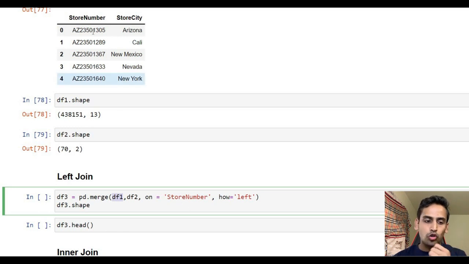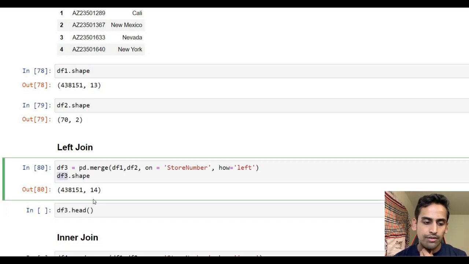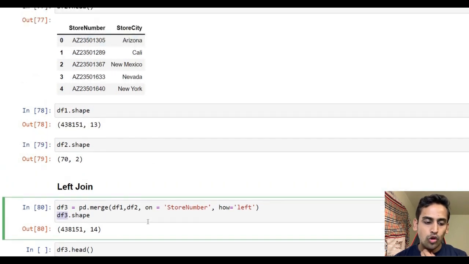Wherever the store number gets matched with df2, it will add the store city as Arizona, and wherever the store number does not get matched or is not present, it will put store city as null in df3. So let me run it and showcase it. That's what I said: in the left join, whatever total observations are present in the left table, which in our case is df1, we get the same number of observations in our output data frame, which is df3, and 14. So it means a new column has been added, that could be store city,